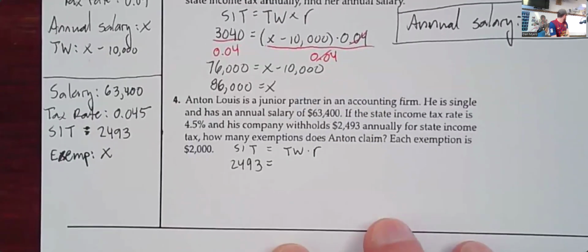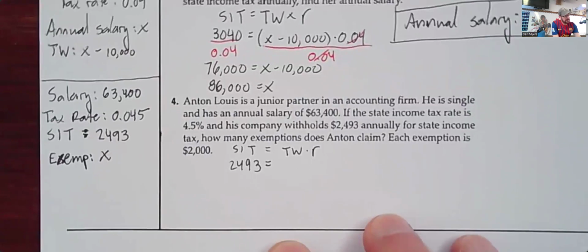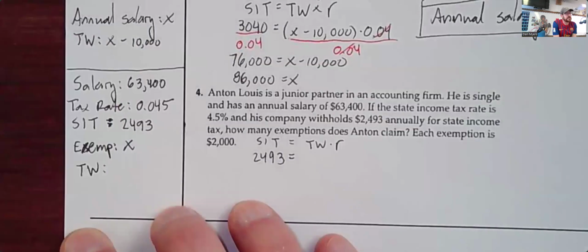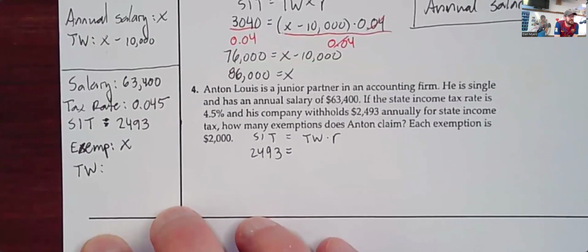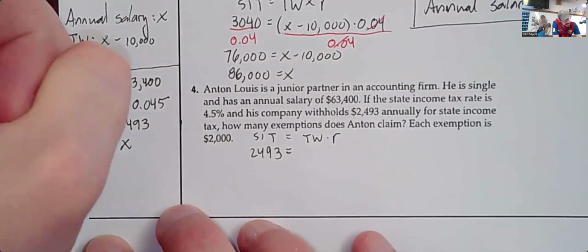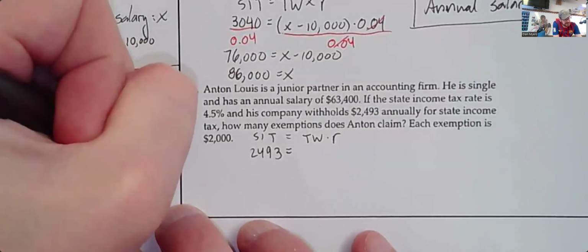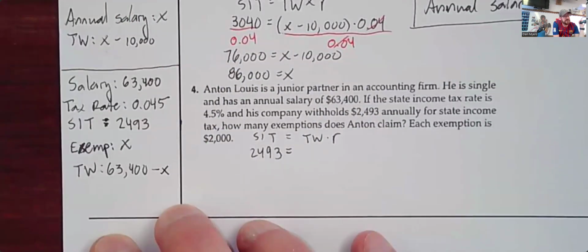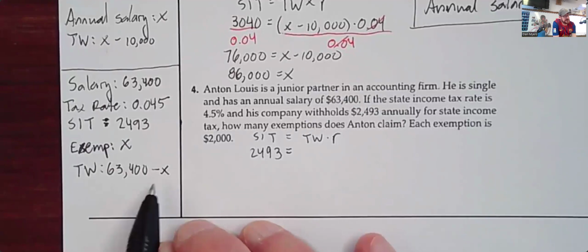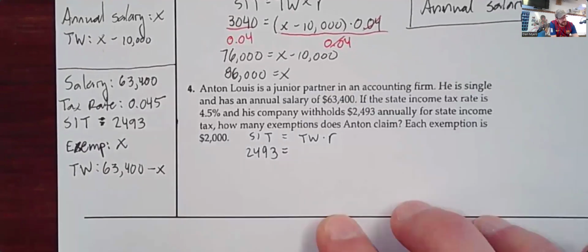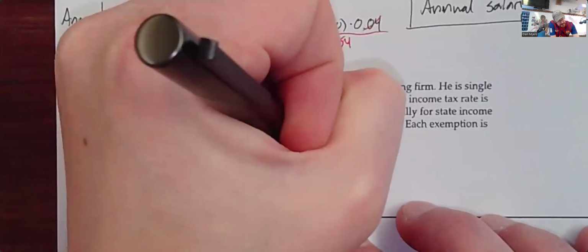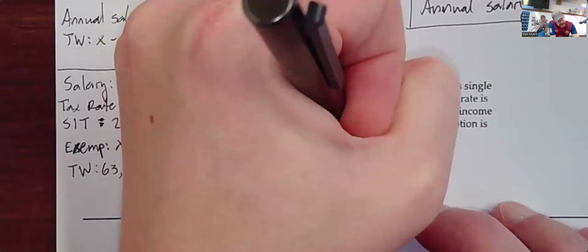What are the taxable wages here? We didn't write that off to the side. What is taxable wages? How do you calculate taxable wages? 63,400, I like that, but taxable wages are the annual salary minus what? Minus the exemptions. Taxable wages, annual salary minus exemptions. So this time it's 63,400 minus X for taxable wages. So 63,400 minus X times